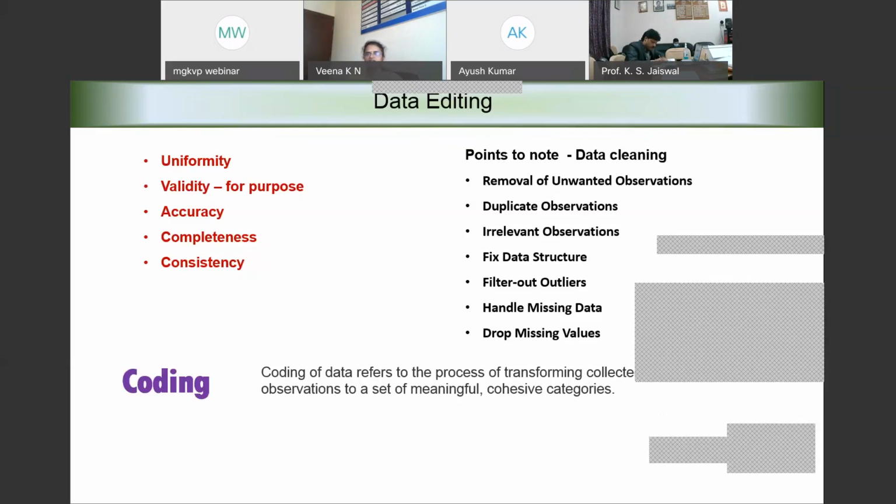If somebody says, do you like to eat pizza? Let us say this is my question in a questionnaire. Somebody says yes, somebody says no. This is a very nominal data, classic grouping type of data. But in a statistical analysis, I cannot simply analyze yes, analyze no. Instead, I can code yes as 1, no as 2.